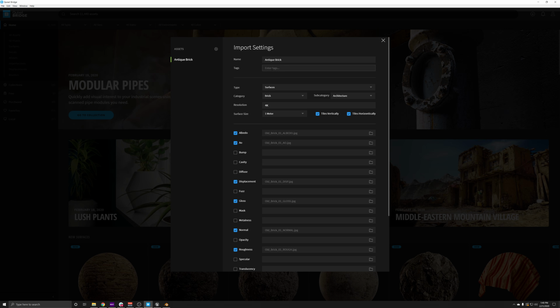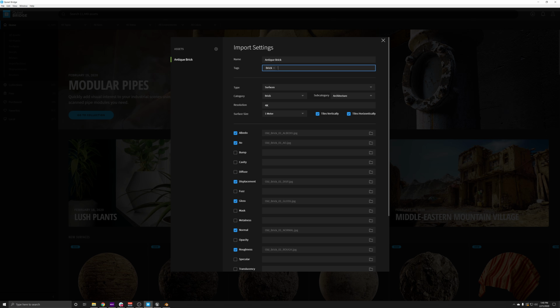So the next thing that you have to do, it's going to help you with all your search results, is the tags here. The tags are what's going to help the metadata of Bridge filter through everything basically. So we're going to obviously call this brick. And once you typed that in, there's a little bit of delay on my personal keyboard because my keyboard hates me. After you've typed a word, you just hit enter, and then you can type the next word.